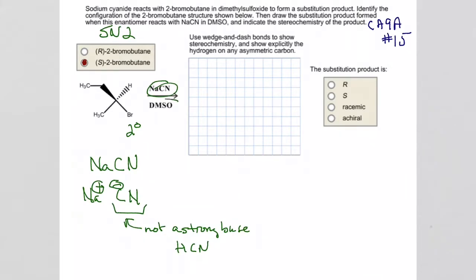And now we want to look at our solvent, which is DMSO, which recall is a polar aprotic solvent. So we've got a secondary substrate, which we know can do anything, but we've got a polar aprotic solvent, which is not going to encourage the formation of carbocations. So that can tell us that it's probably not as likely it's going to do an E1 or an SN1